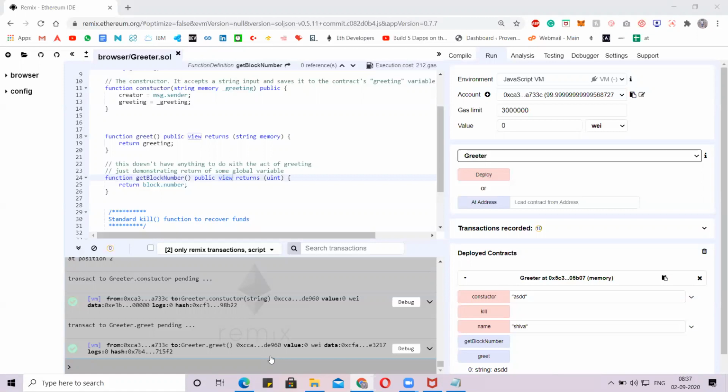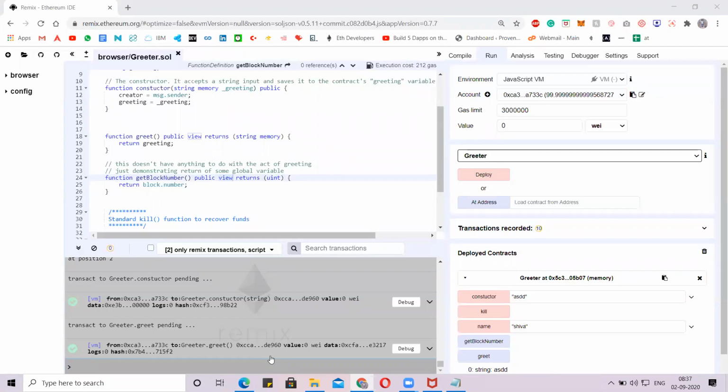There is no problem in using the string there, but in the updated versions, we need to use string memory to show that we are telling the contract that we need to store the data which we want, which is present in the string memory variable.